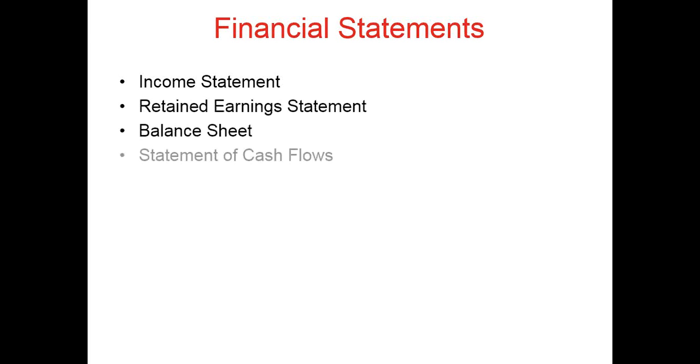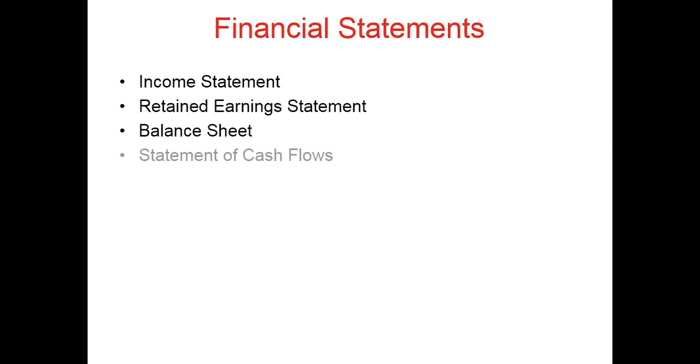Now, we're going to talk about financial statements, but before we do, let's talk a little bit about where the information for financial statements come from. It's a little confusing when you first step into accounting to understand how it is all put together. There are 4 major financial statements. You can read those on your screen. But what are they and where do they come from? So we have to understand the various pieces of the puzzle.